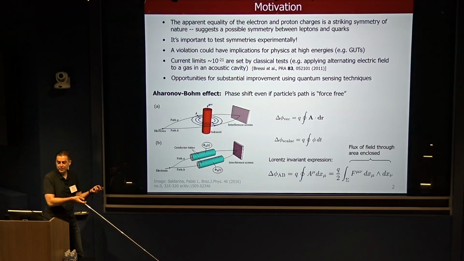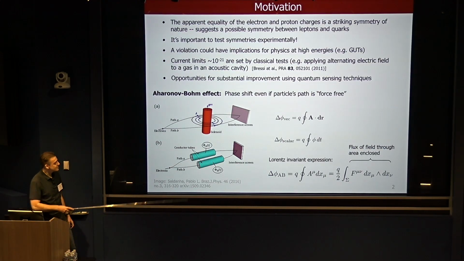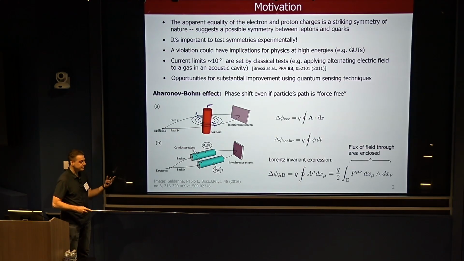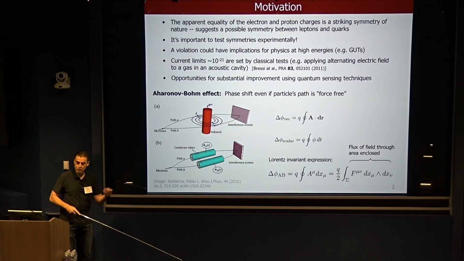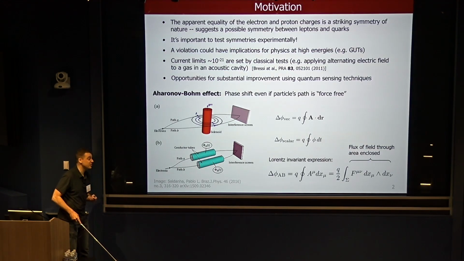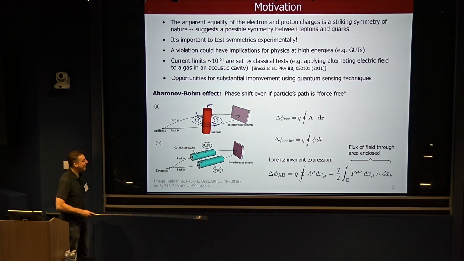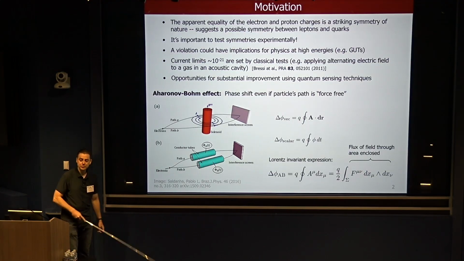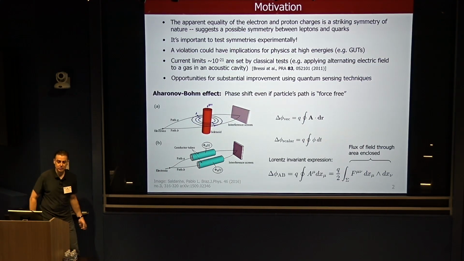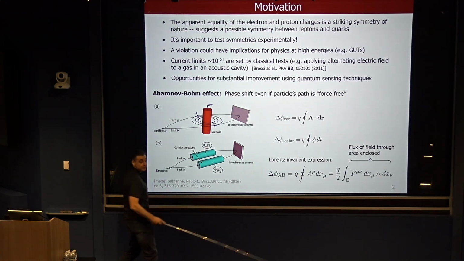You connect it to a power supply, so that you have a higher potential here than there, for example. And since you're deep inside this electrode, the potential inside is very uniform. The electron sees a very small field because it sees a very small potential gradient. So there's, once again, a force-free condition. And yet, the potential energy difference between these two can be non-zero, right? Charge times potential difference. And so then you get a phase shift proportional to the difference in the potential energy